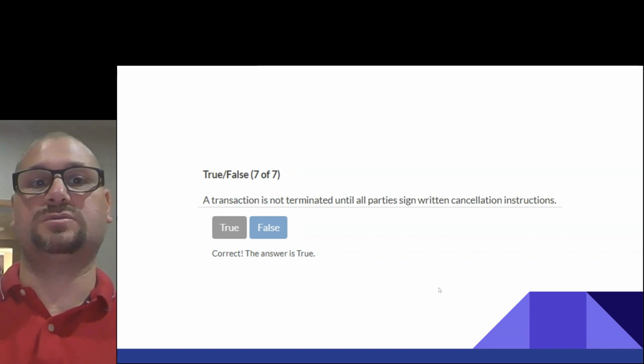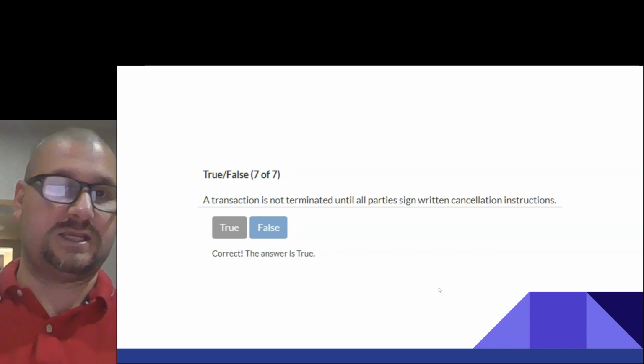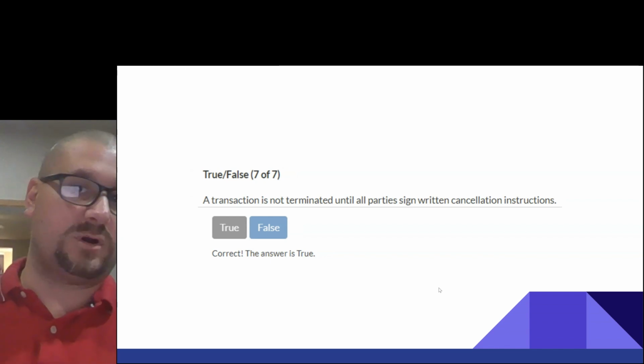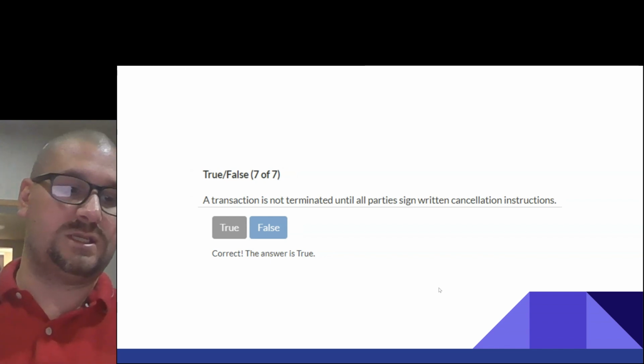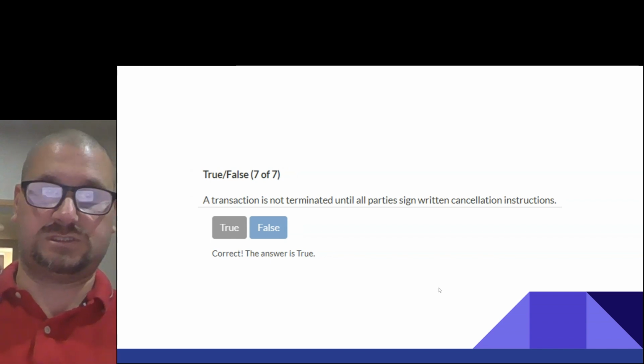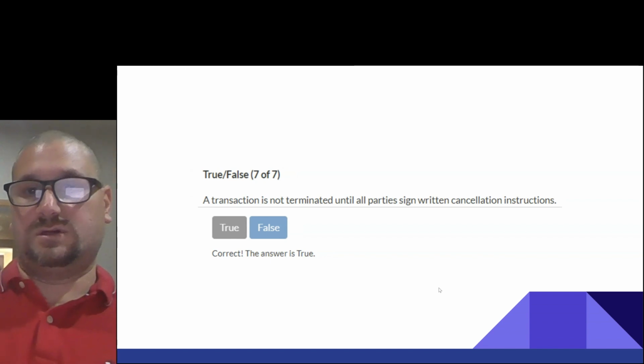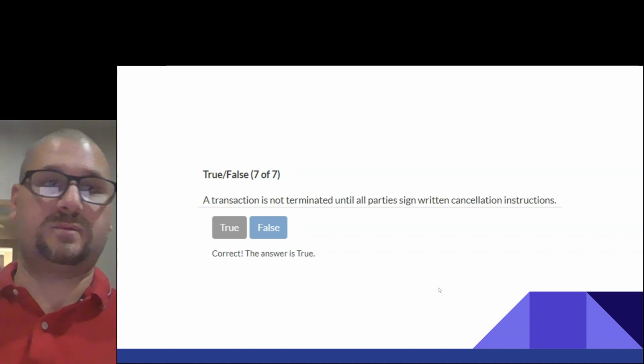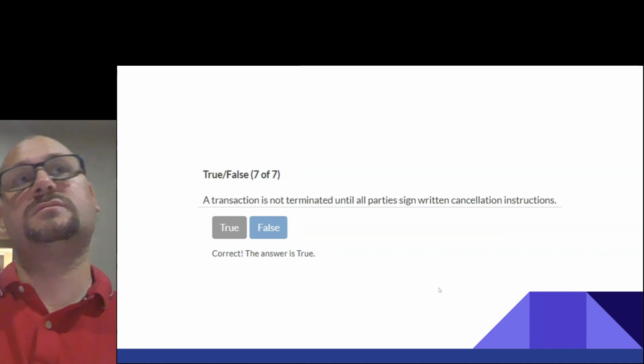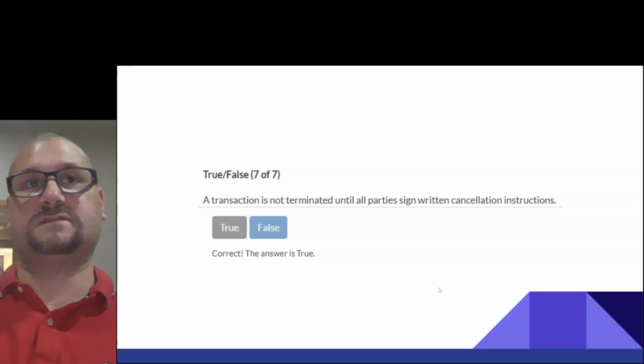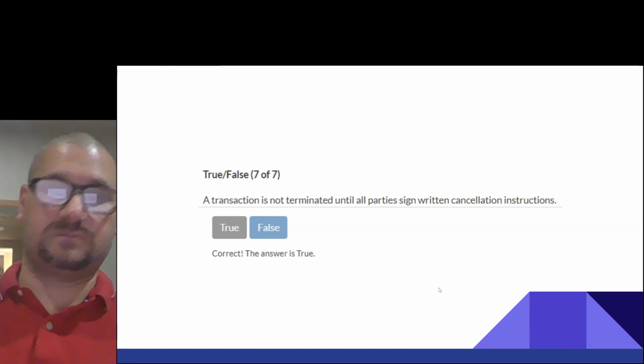This is true. Just because you want to terminate the contract, it's not done until both parties have signed that they want to cancel.